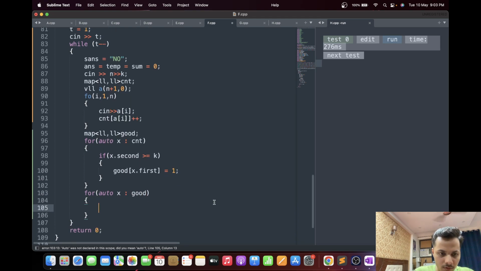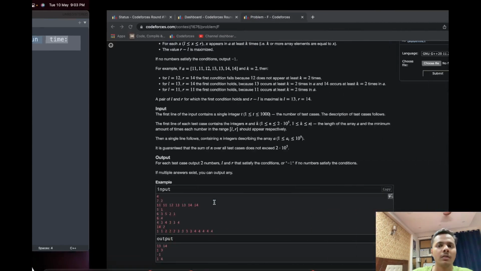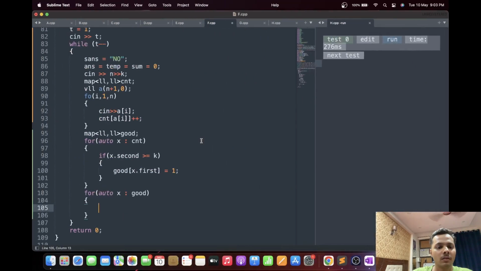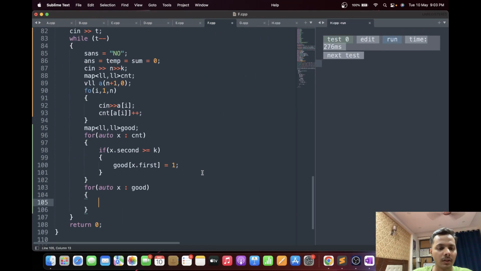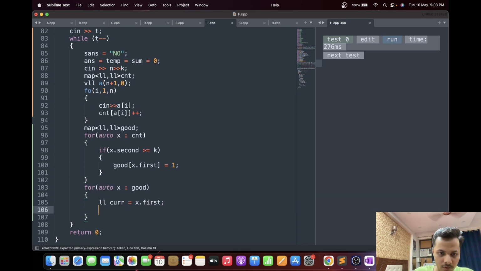X in good. Now what we'll do is longest segment, right? So let curve be x dot first. So good of curve plus equals to good of curve minus 1.